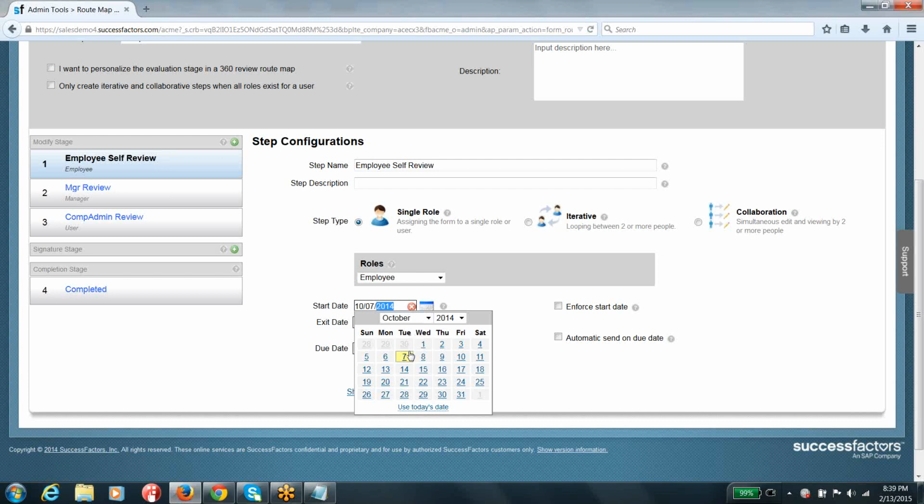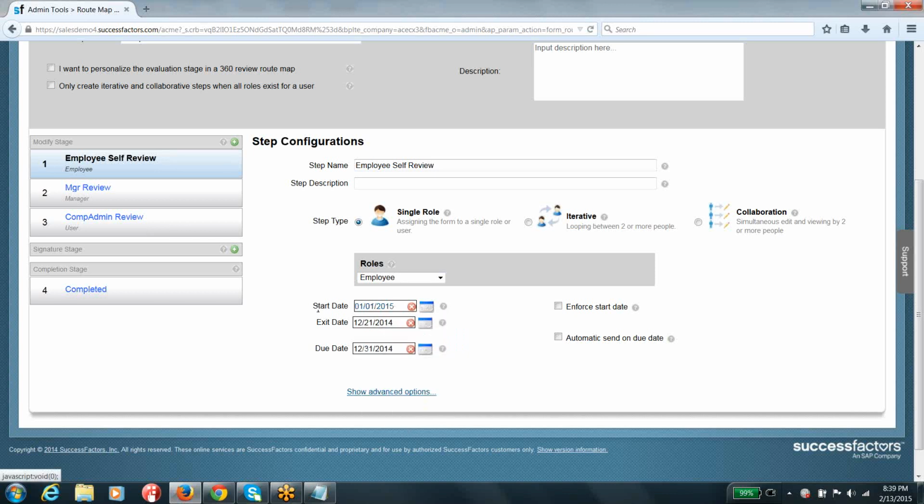Say if it is December 15th, 2014, yes, you will be able to work on the form. But say if it has been configured as Jan 1st, 2015, you will not. So you will be able to see the form, but you will not be able to start work on the form, guys. The form has been launched to you, and you will not be able to work on it. So that is the difference, guys. This is the date when you will start working on the form, the start date.